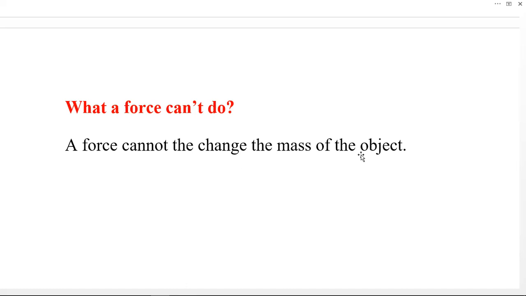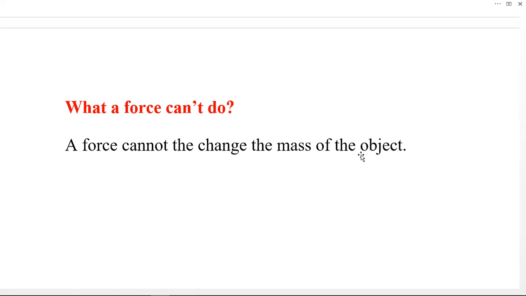For example, if you have an empty can, if you hit it, squeeze it, press it or compress it, whatever you do, you will change its size. From quite a bigger size, you will make a smaller size. Still, if you put it on a top balance, it will give you the same mass as it was giving before changing its shape.